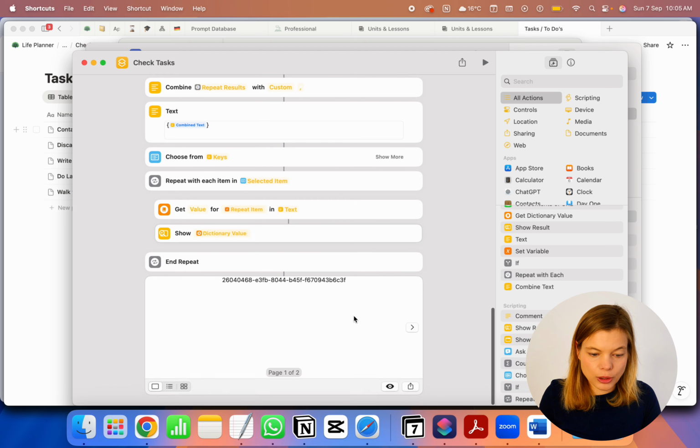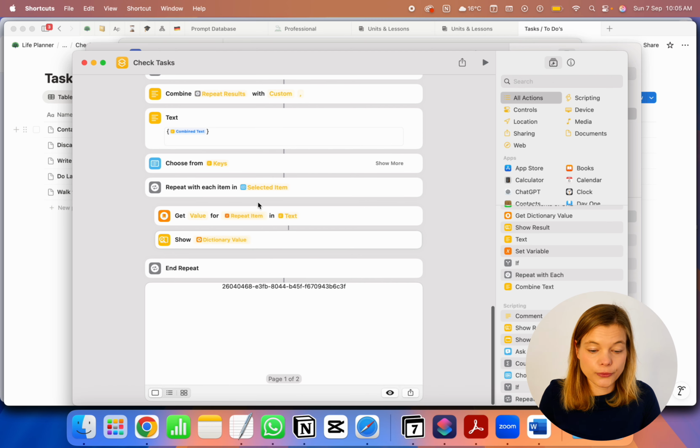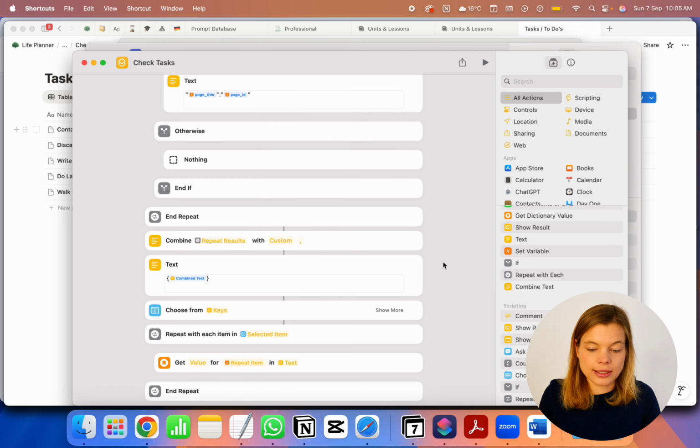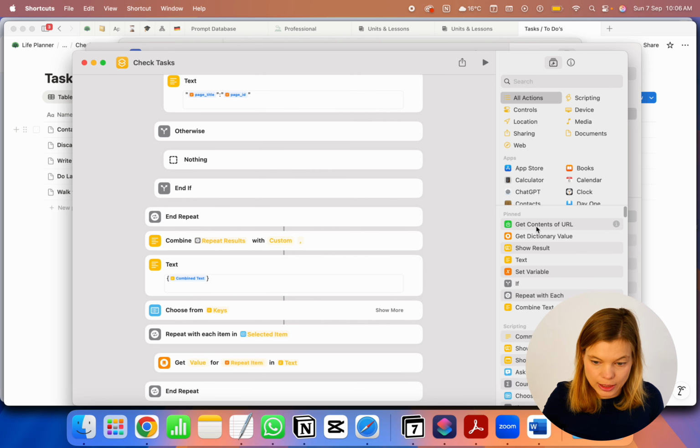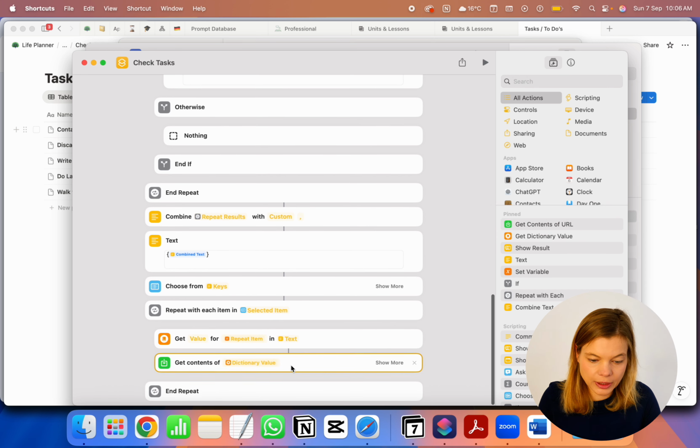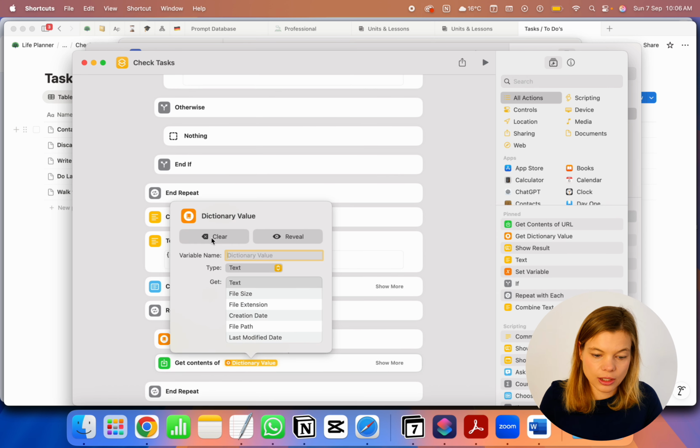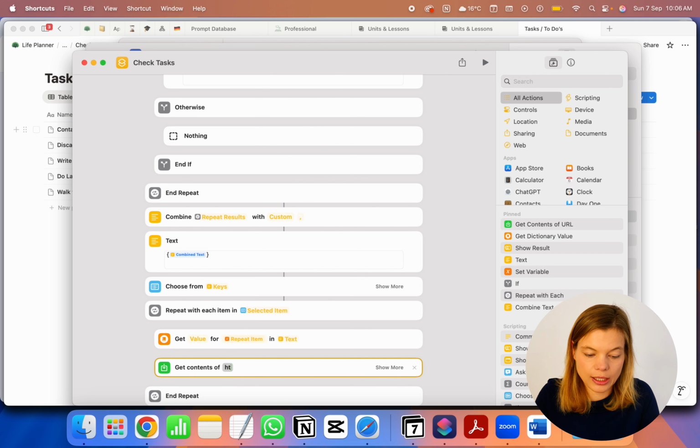So what this module does here, the get value for repeat item and text, is that it retrieves the IDs of the pages that we select. And this ID is what we need now in the next module, because we need now the get contents of URL, and we remove this dictionary value here and we type https://api.notion.com/v1/pages/